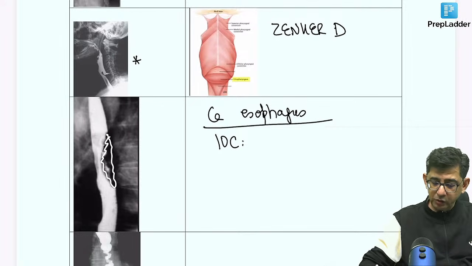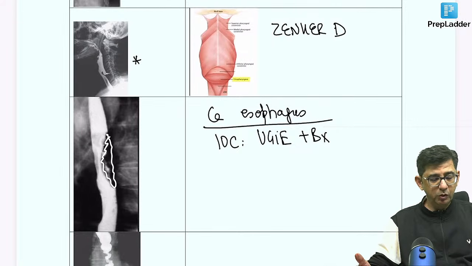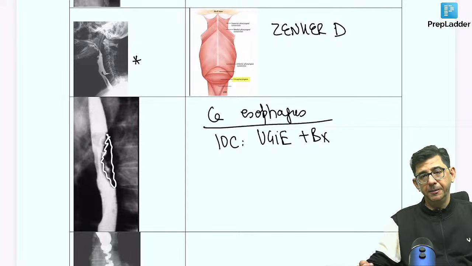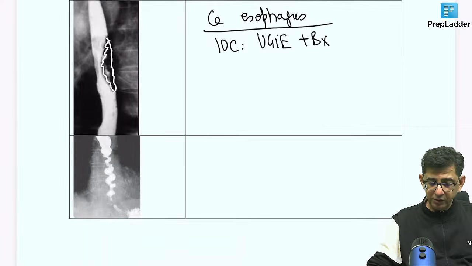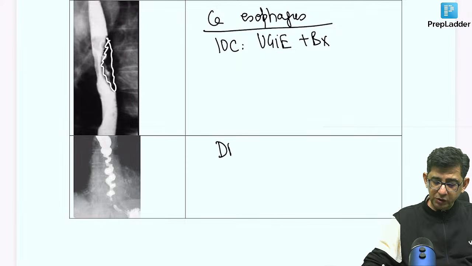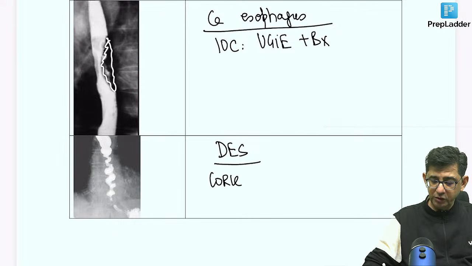Great. Upper GI endoscopy. It is endoscopy with biopsy that would be useful for diagnosis of this condition. Though in the options there was no mention of any biopsy word, but endoscopy is the main thing that will be useful for diagnosis. There is a diffuse esophageal spasm where you can pick up the classical finding of a corkscrew esophagus. This condition will be managed